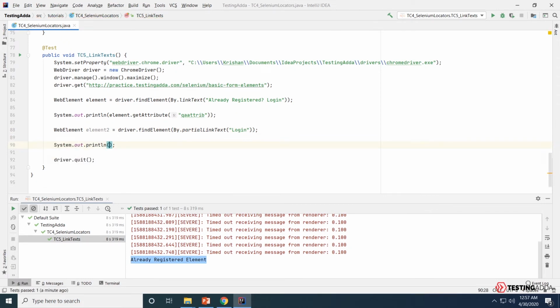Let's print the QA attrib again, element dot get attribute QA attrib. Just to identify, I'll place an extra string that would be partial linked text locator.